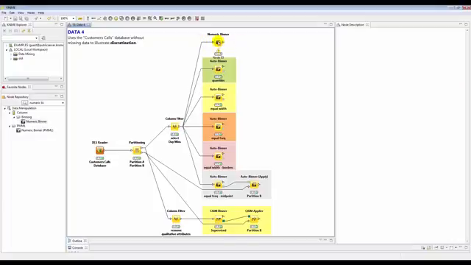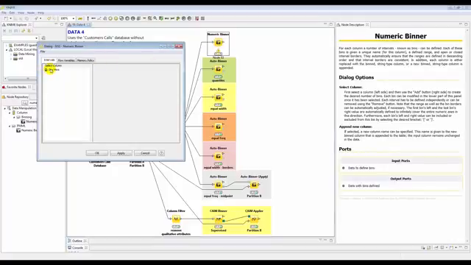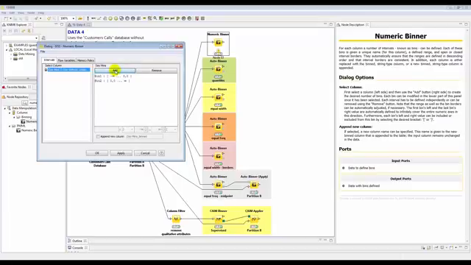At this stage we can open the definition of the numeric binner, and we can select the attribute to be discretized, and then in this area we can add how many bins we want to use. For example, assume we want to use 3 bins. They will be called bin 1, bin 2 and bin 3, and now we can start to define how the bins are organized. So we simply can select the first bin, and at this stage we can specify which are the extremes of each